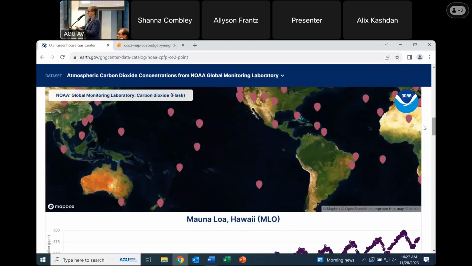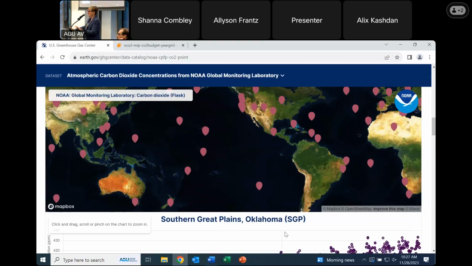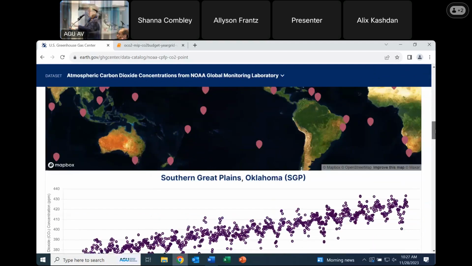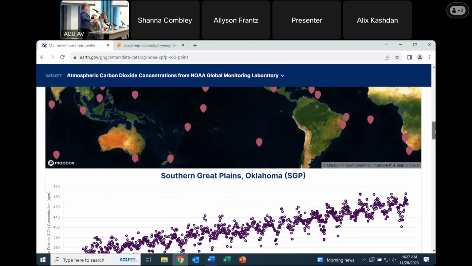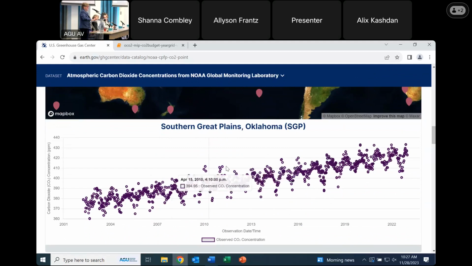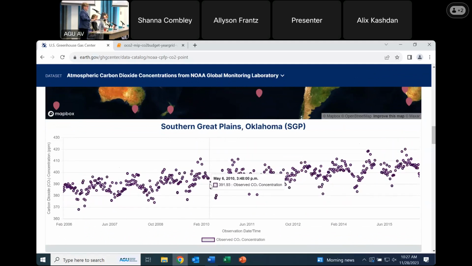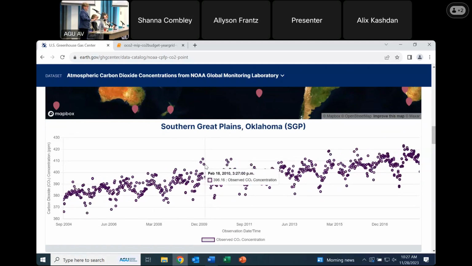If you want to go to another spot, you just click another station. And again, when you get down into it, you have to scroll down with the small screen. I do this on my big screen at home and it looks great. A little tiny laptop, you have to do a little maneuvering. And so again, you can use your scroll bar in and out, hover over any one value to check that out. So that would be the CO2, the methane has the same environment, and this would be how you would